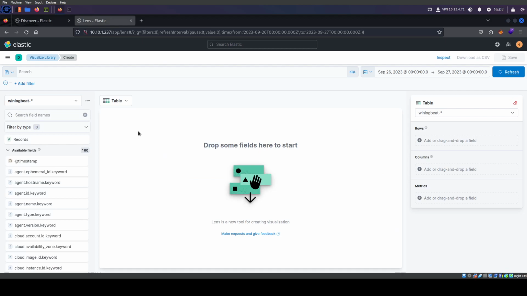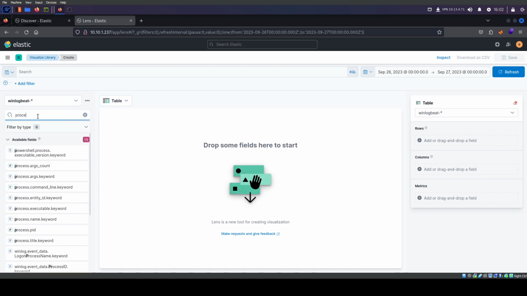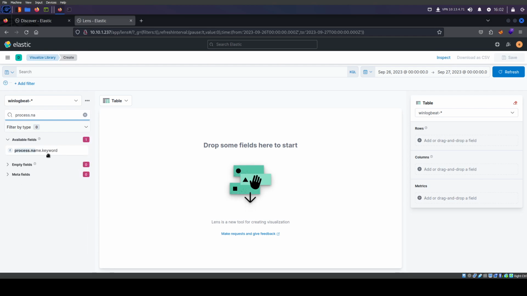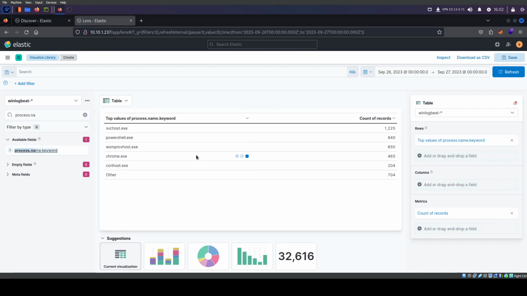So first thing, I want to see what processes were installed. So let's look at process name, keyword. We'll drag that there.